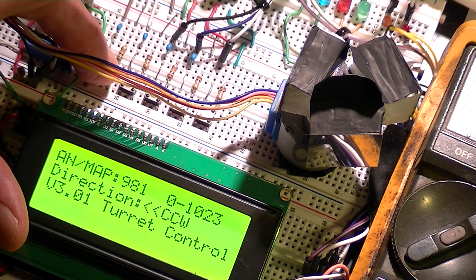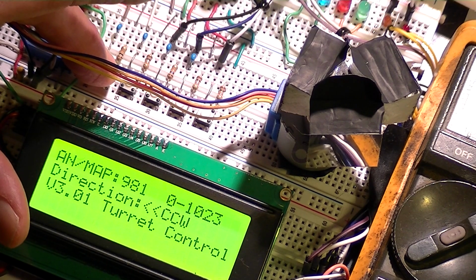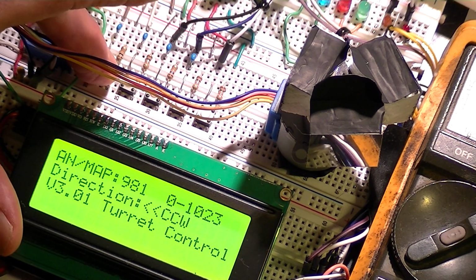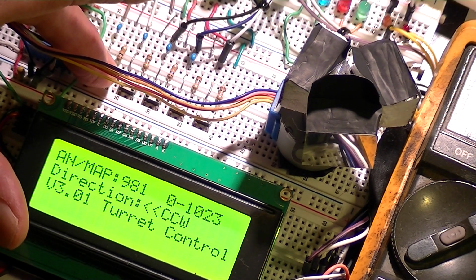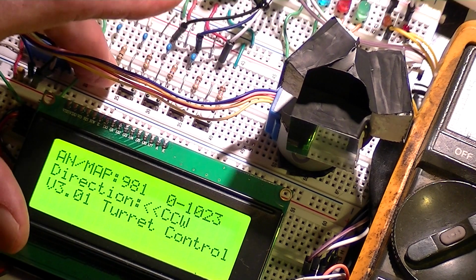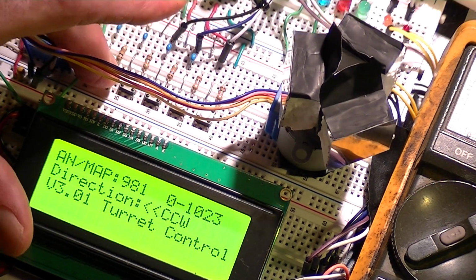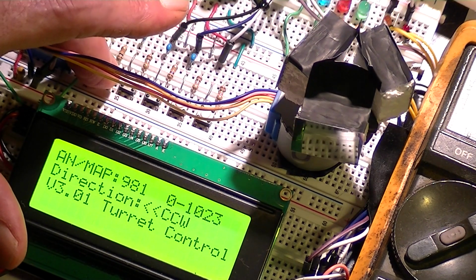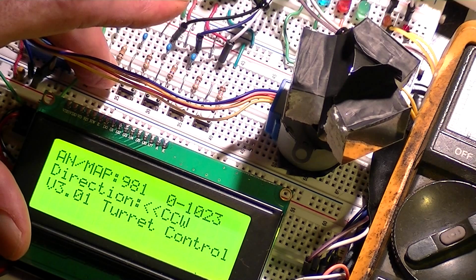And another feature of switch 1 and 2 is it has a stop and run feature, which you just push and release, and it automatically stops. And you can see that feature. I'm just pushing and releasing. And you can see my prototype